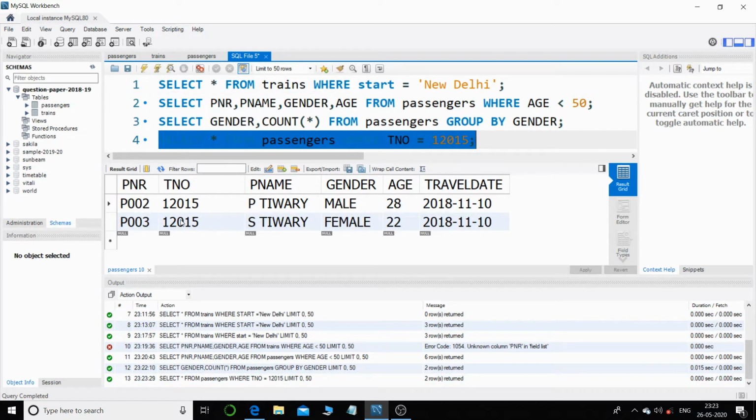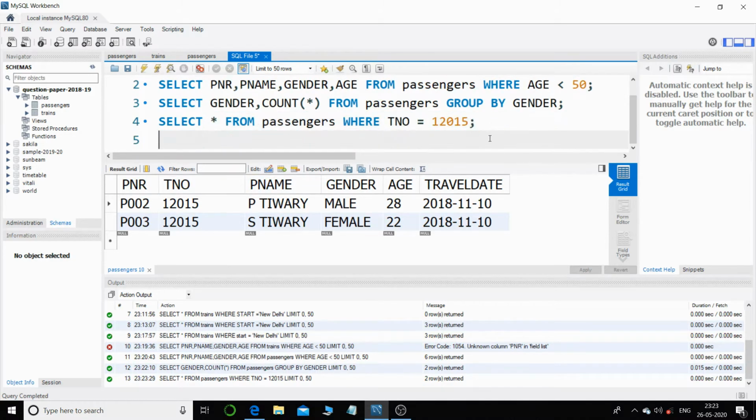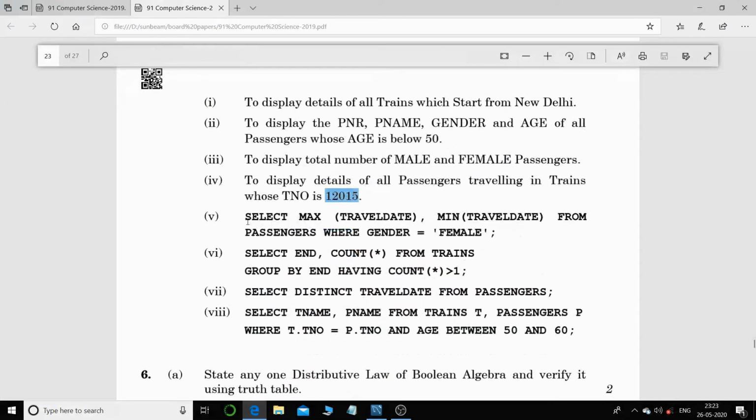So we can see that there are 2 passengers, that is P Tiwari and S Tiwari, who are traveling by the train, that is the train number 12015. So this is how database DBMS software helps us to filter the data so easily. So that is the answer for the fourth question, and then we have to predict the output, that is the